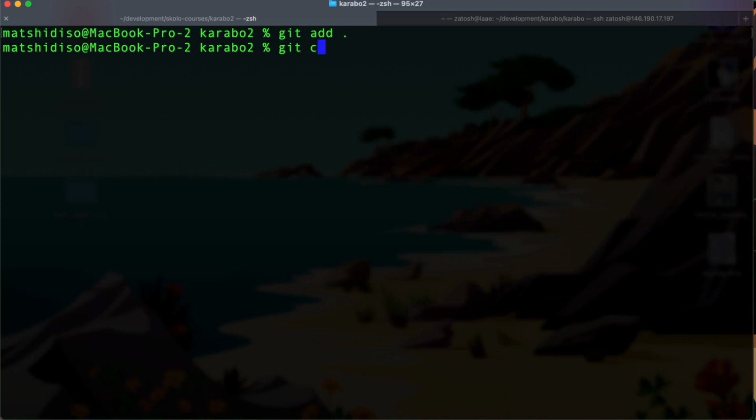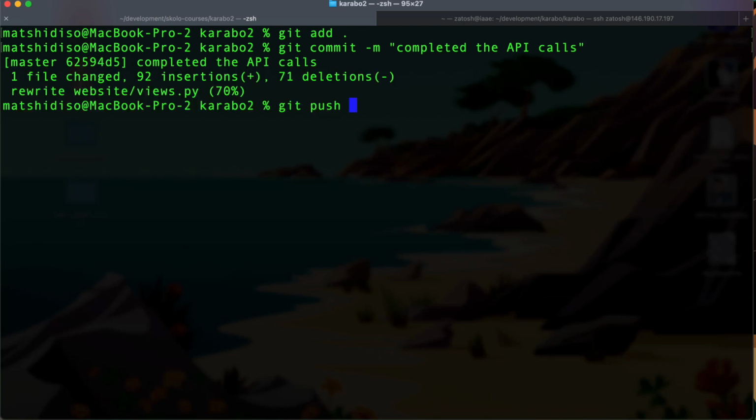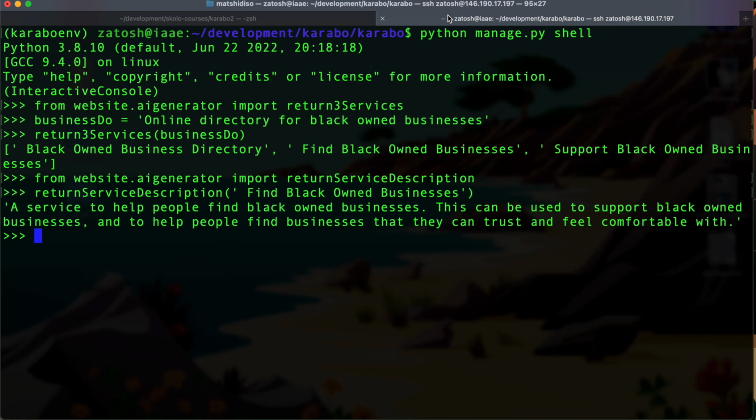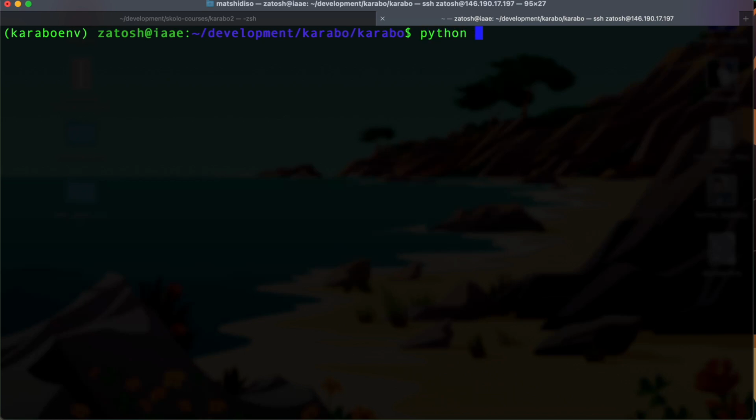Okay, git commit, we've completed the API calls. All right, coolio. Then once we've done that, we're going to exit out of this, right? We're going to clear this, we're going to run this. All right, we're going to run this, we're going to run import